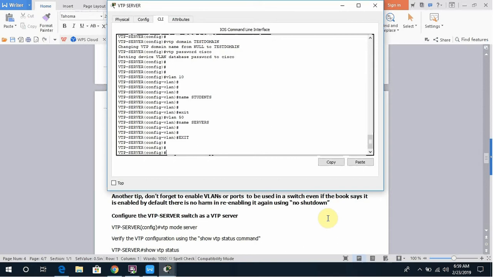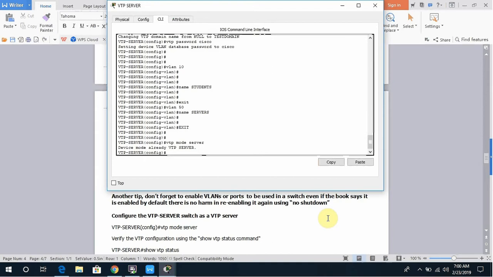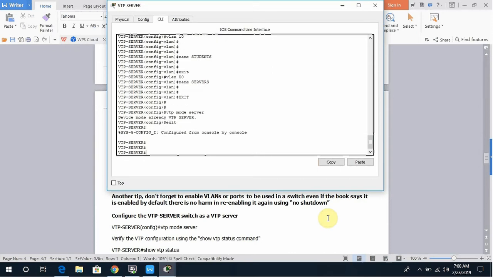Okay, the next step is to configure the VTP server switch as a VTP server. So we'll go to VTP mode server. Device mode already VTP server. Okay, then we'll exit and